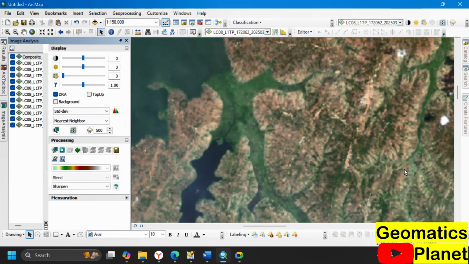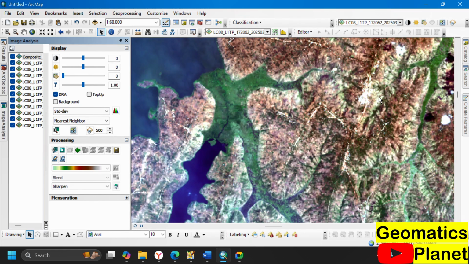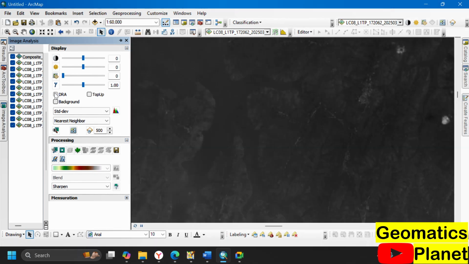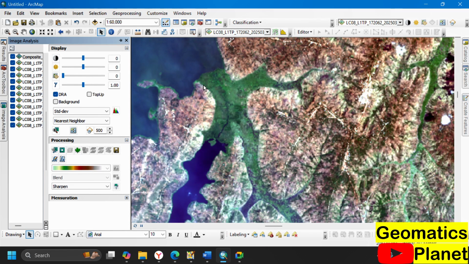But with this, like I said, you should be able to see that, like the place you are looking at here now, if I turn this DRA off, you see the way it is cloudy. If I turn it on, it looks better. So you can see, oh, this is a wetland, this is a water body, this is a water body, this is this. So you can actually make a kind of analysis, or have a good visualization on the imagery. So this is image enhancement. So now